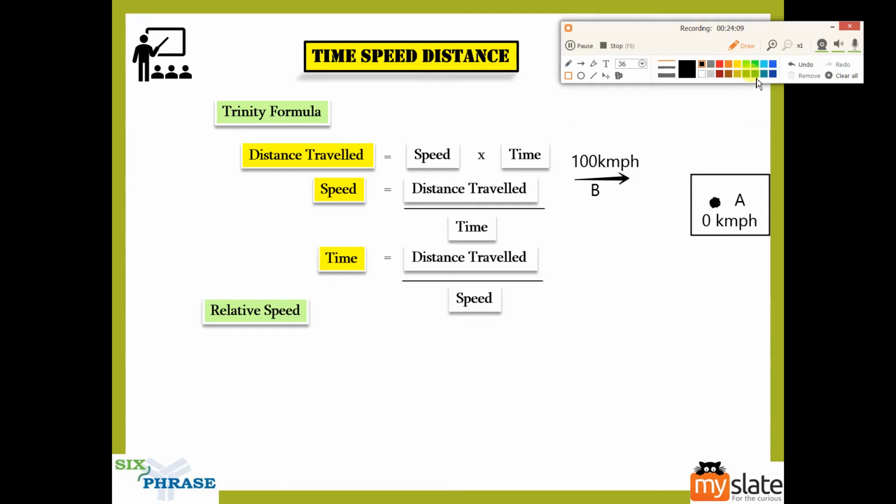So you guys will understand what I really mean now. See here, let's suppose, guys, instead of 0, I'm doing 50. This guy is doing 50 kilometers per hour in this direction. Now according to him, what will be the speed of B? According to him, the speed of B will be 100 plus 50, because they are moving in opposite directions. Because they are moving in opposite directions, the speeds will get added.